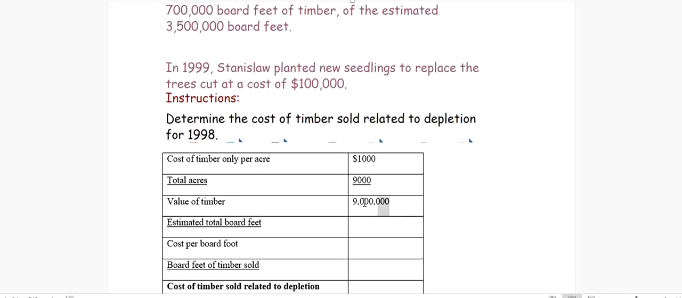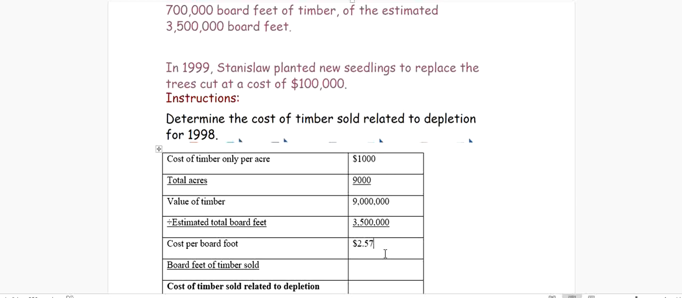Now we know we purchased the timber for $9 million, but how much was the total timber available? 3.5 million board feet was available. That's the total quantity of it. I will write here 3.5 million board feet. Now if I want to know the per unit cost of the timber, it's very simple. I will divide the total value of the timber by the total quantity that we have. So $9 million will be divided by 3.5 million board feet, and we get a rate of